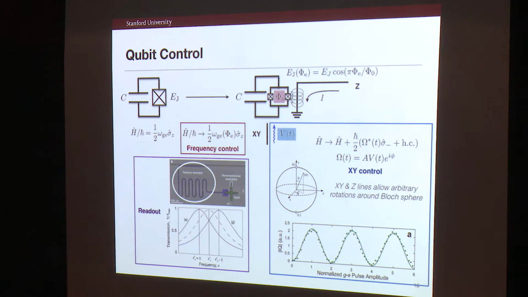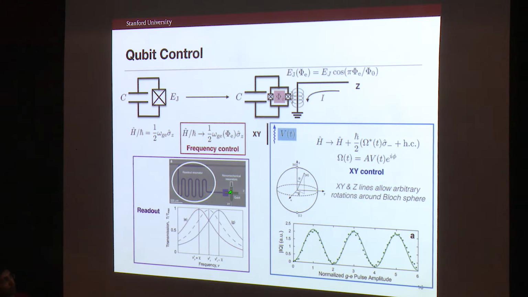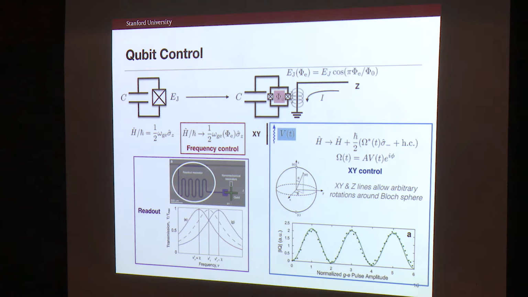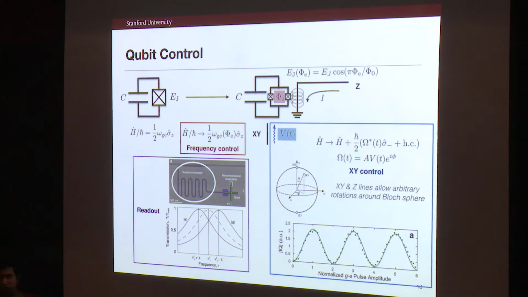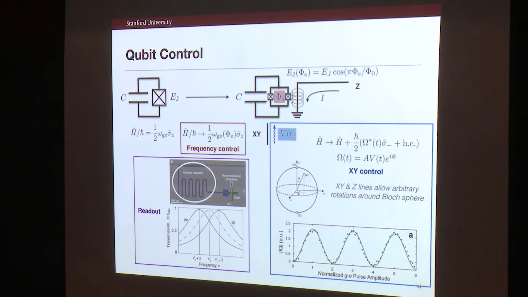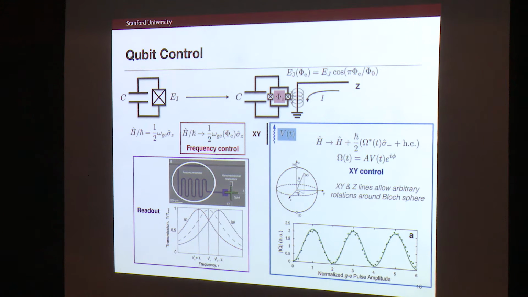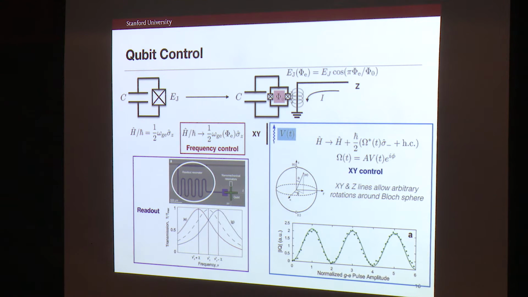You want to do readout. The way to do that is to use a readout resonator. If you have a resonator that's coupled dispersively to the qubit, dispersively meaning that the resonator frequency is very different from the qubit transition frequency, then the frequency of this resonator ends up being a function of the state of the qubit. So if the state is ground or excited, you get a phase shift. By reading out the resonance frequency or phase shift of a coherent tone propagating through this waveguide, we can do a readout of the qubit. Okay, so then you can extend this further and further to do 2 qubit gates, etc.